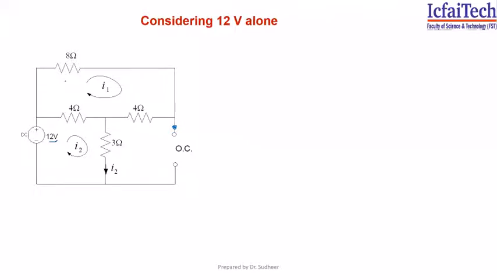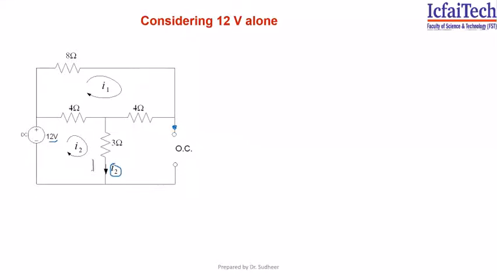Then we can go for a mesh analysis. Now the circuit consists of only one voltage source and the resistances. Either you can go with a mesh analysis or a nodal analysis, but if you apply the mesh analysis, let the current flowing in this particular mesh be I1, and in the second mesh be I2. So using the inspection method, directly I can write down the final equations, and thereby I can find out current I dash, which is equal to I2 only.